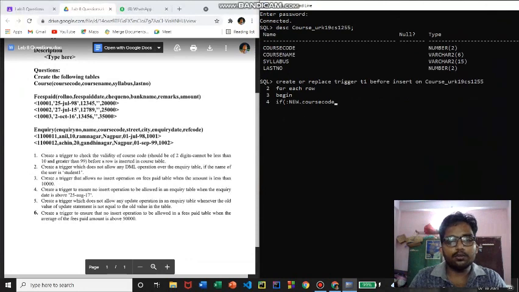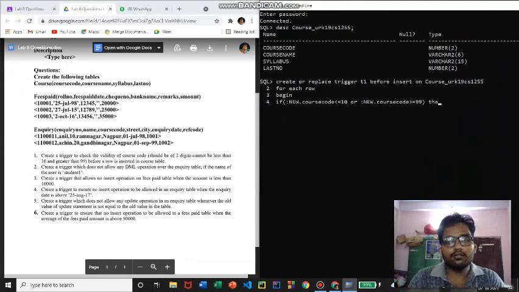To check that, let us write: if it is less than or equals to 10, or new dot course code is greater than or equals to 99. Replace "and" with "or" here. So if it is a single digit or if it is a 3-digit number, these conditions will be satisfied, right?